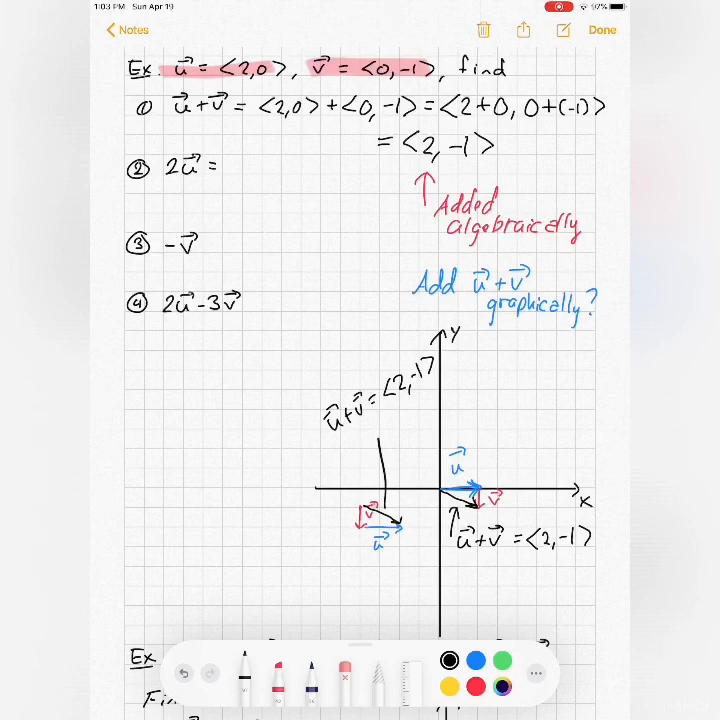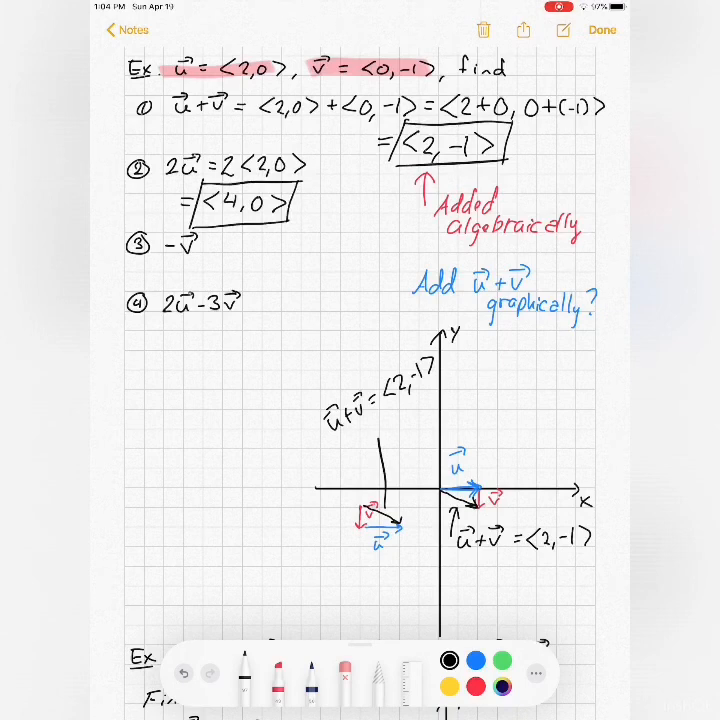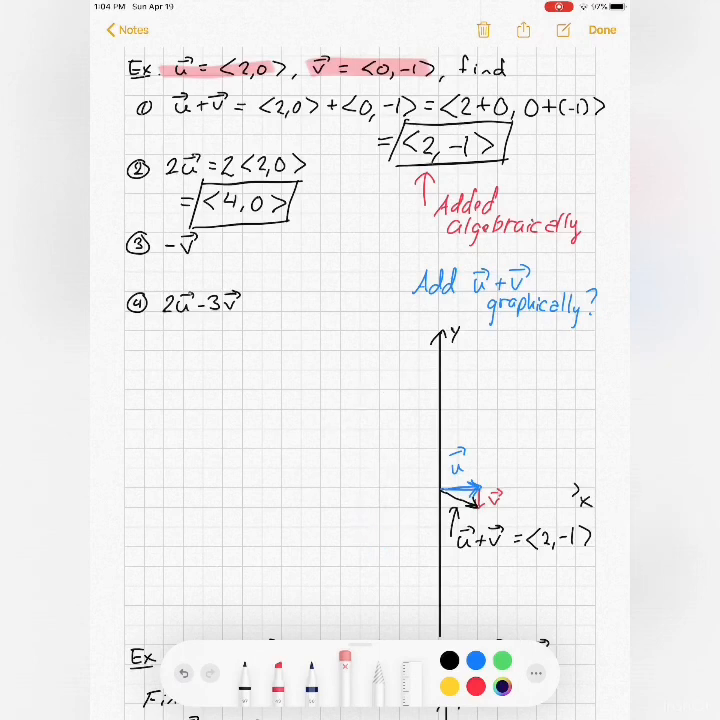What about something like number 2? This is very easy, multiplying a vector by a scalar, by a number. If I want to multiply u by 2, again, I can just multiply component-wise. So it's just the vector <4, 0>. That kind of makes sense, because if I want to draw that vector,